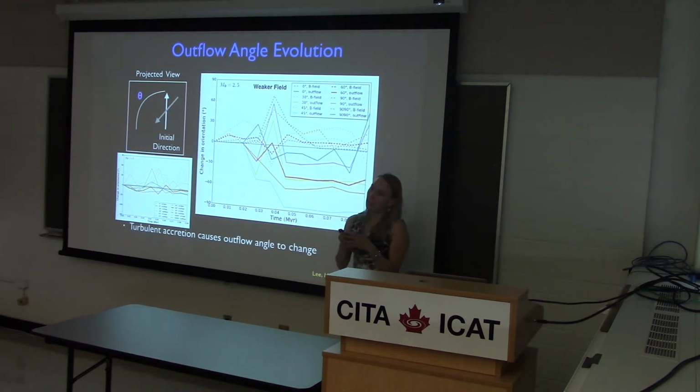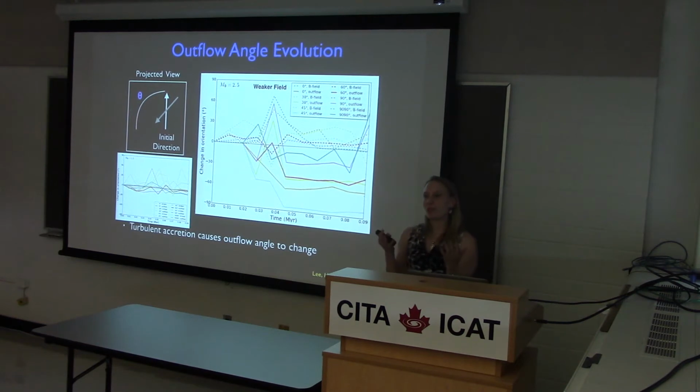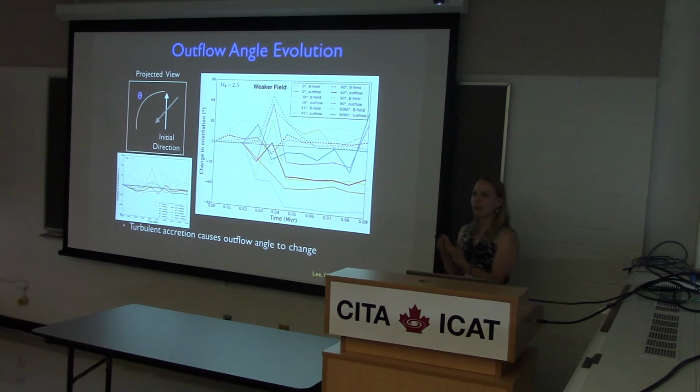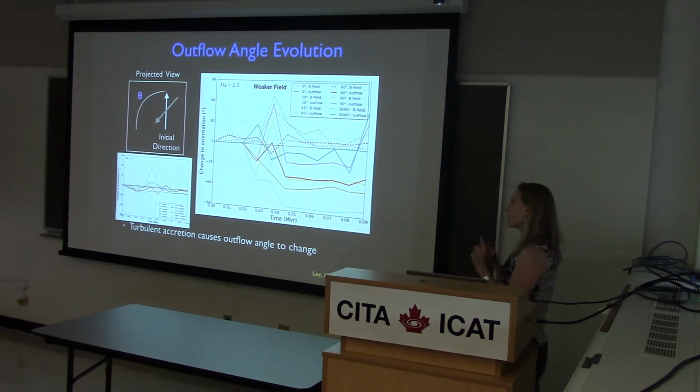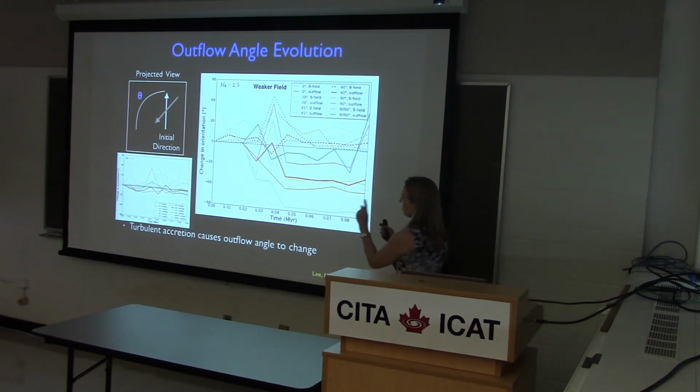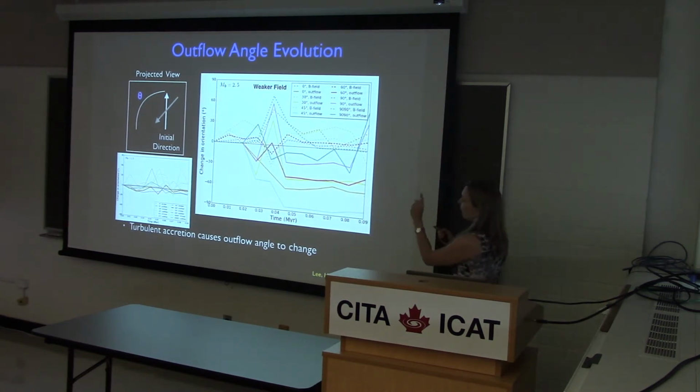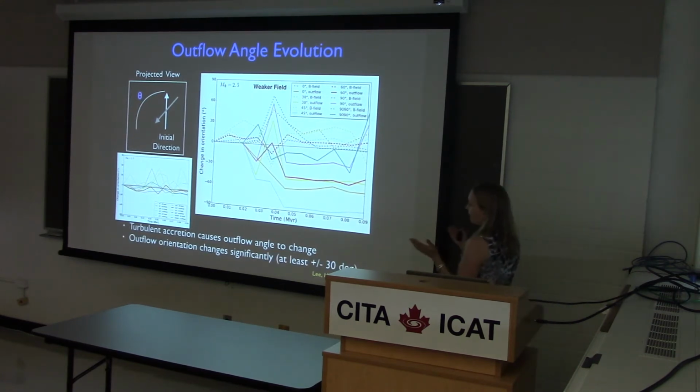Well, it's because turbulent cores are, well, turbulent, right? So we know that observed cores have some velocity dispersion, so this is included in the calculations. And that means that accretion is not necessarily smooth, but actually varies in terms of its net angular momentum over time, right? As the protostar is accreting gas in the small region around the protostar, the actual net angular momentum is changing. And a result is that this outflow orientation changes by as much as plus or minus 30 degrees.